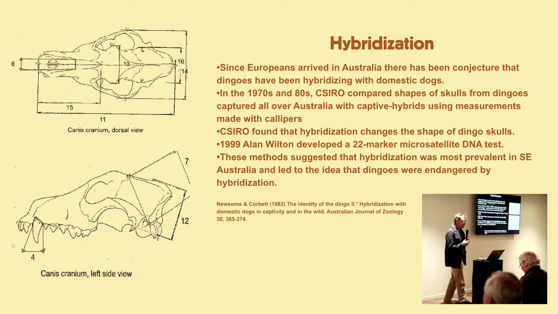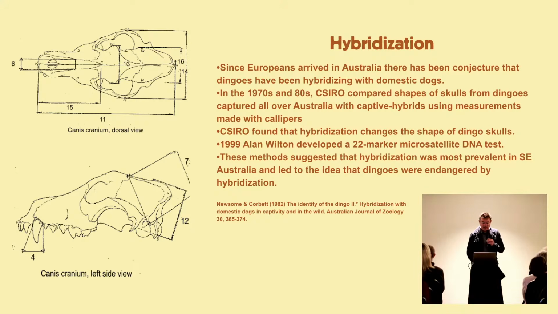Right. And so Kylie talked a little bit about hybridisation with domestic dogs. So ever since dogs turned up in Australia, there's been concern or thought that there might be hybridisation with dingoes, and it has happened. It does happen. And I guess one of the turning points in our thinking about that was a study done by CSIRO researchers in the 1970s and 80s, and they killed thousands of dingoes across the country for these big studies, and they boiled them down and got the skulls.